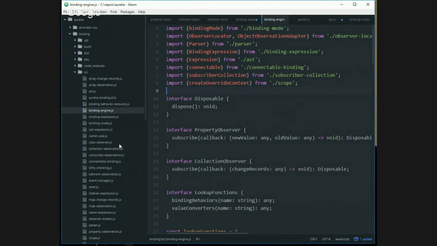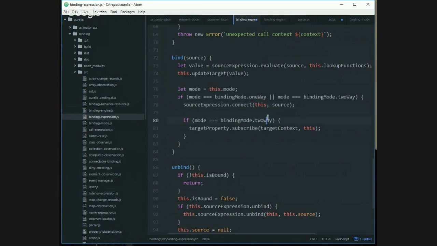Okay, and at one point you mentioned that whenever the framework is doing a binding, it is also passing a context. What is the context about? What does the context hold? Yeah, that's a great question, actually. So back here,